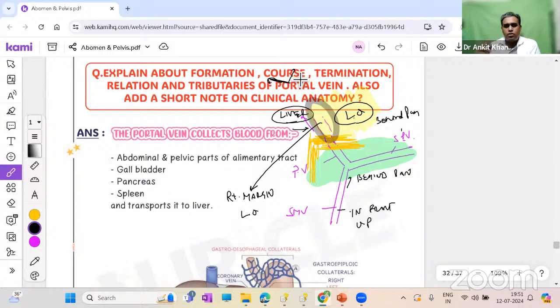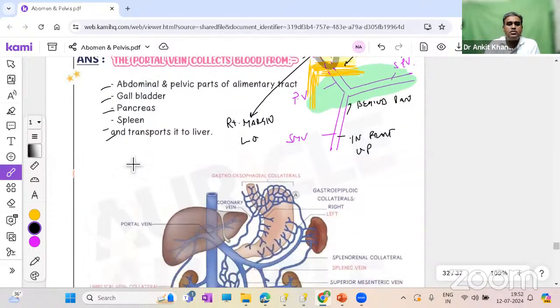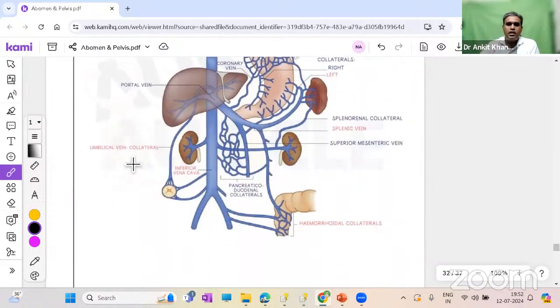But on its way, the portal vein will gather some other tributaries as well that we'll see. So the portal vein collects blood from all these areas and transports it to the liver. Here you are seeing some important veins, but just to highlight so that you remember, focus on the superior mesenteric vein, focus on the splenic vein. And see one more vein which is entering the splenic vein, that is the inferior mesenteric vein